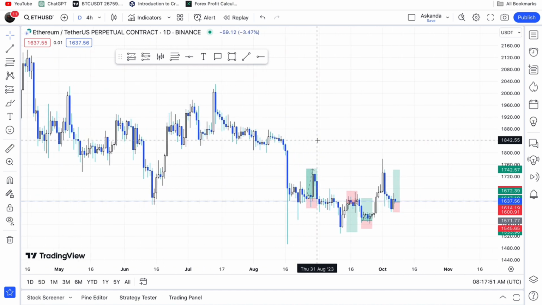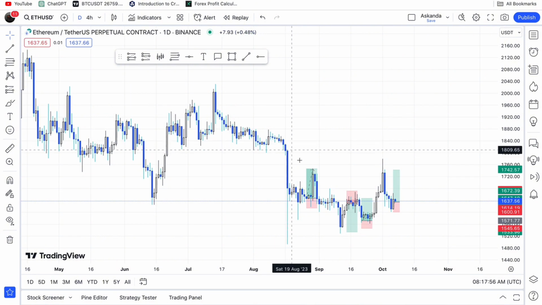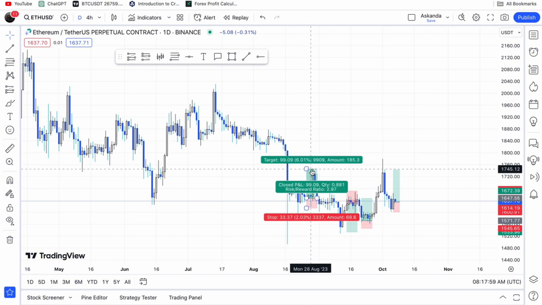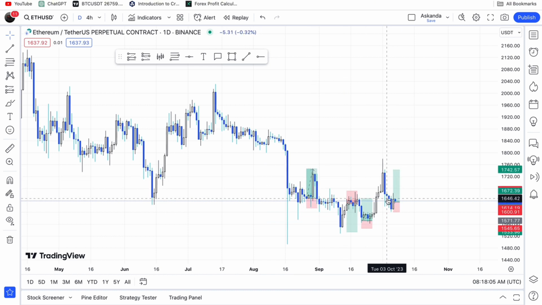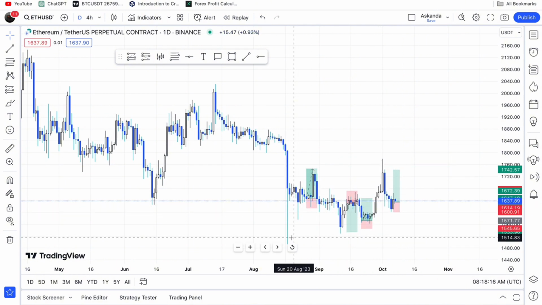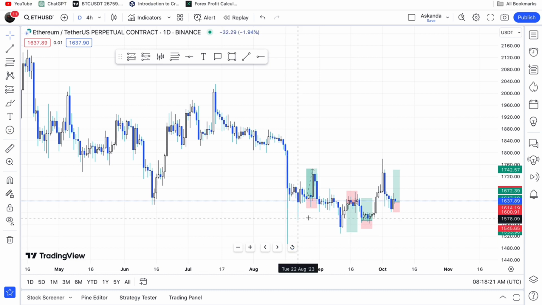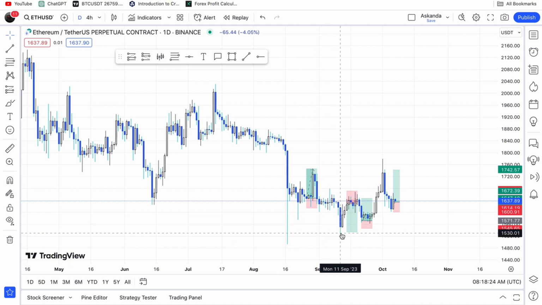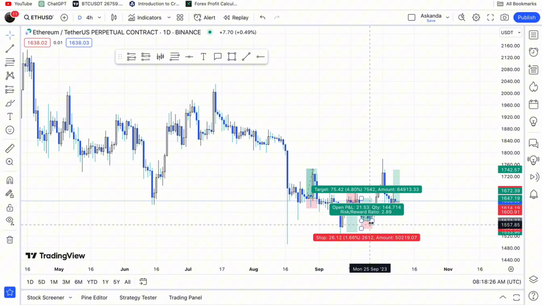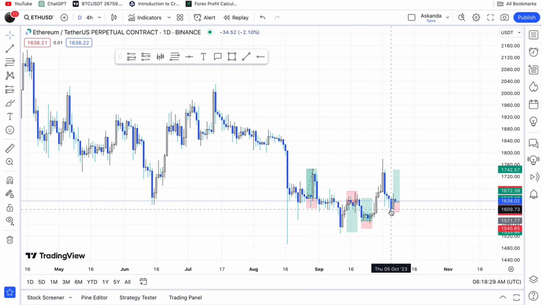ETH went. This is the highest, it was around $1,842, then came here to about $1,745, currently around $1,638. If you're a smart person, you will know that ETH is in a downtrend. So let's go for the support again. This is the lowest it went, $1,497, came back to $1,530. The current support right now for Ethereum is